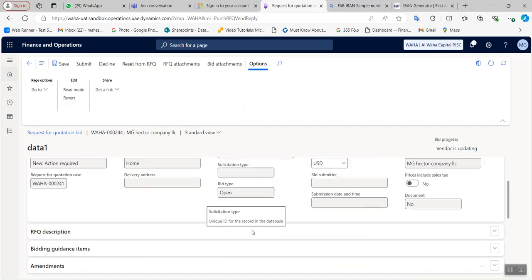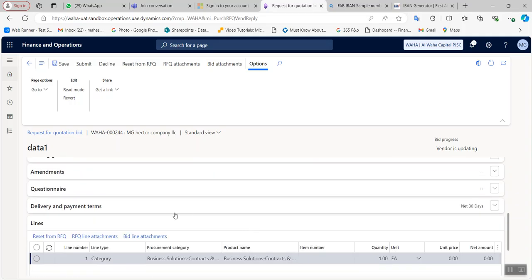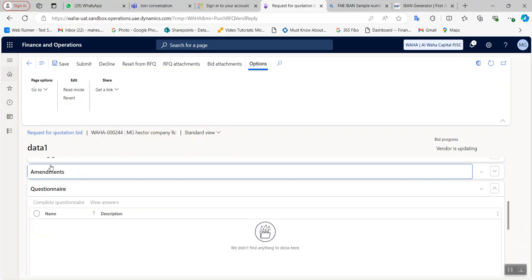Okay, if I scroll down, here he will update the price information, and if we have